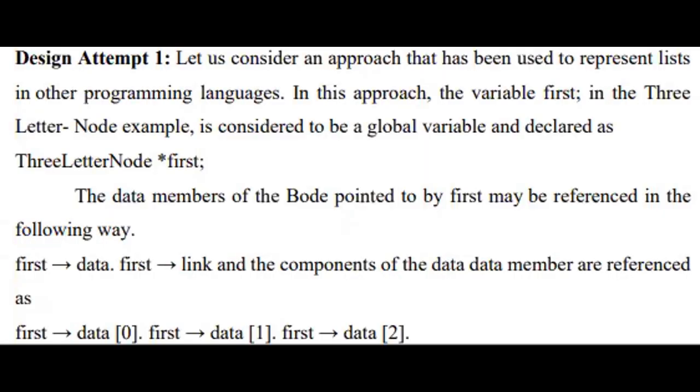First, we are defining the variable first. Here you can see the first variable. That first is the start of the linked list, and you are assigning values to the data and also the link part. In the code below you can see first data of 0 and first data of 1, so you are sending data to the first part.